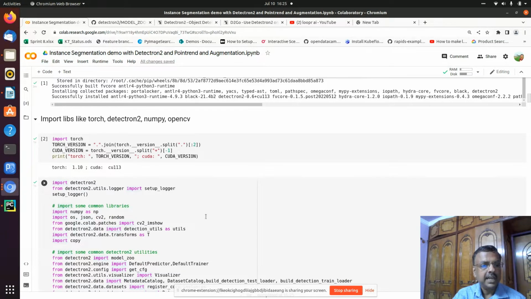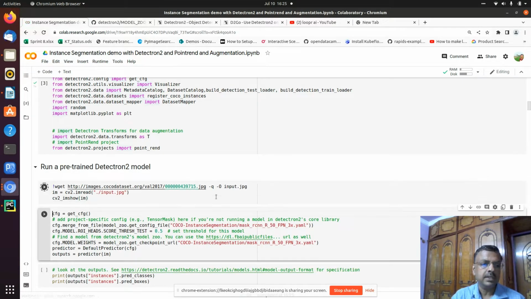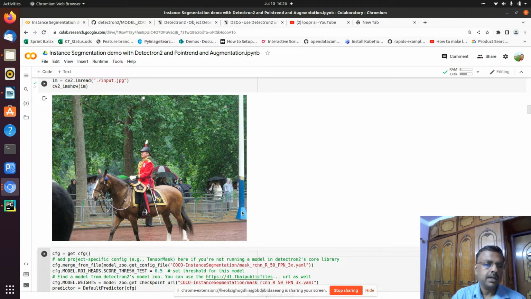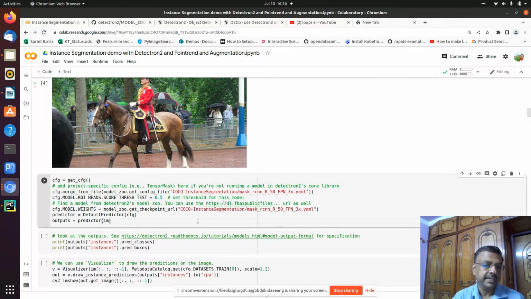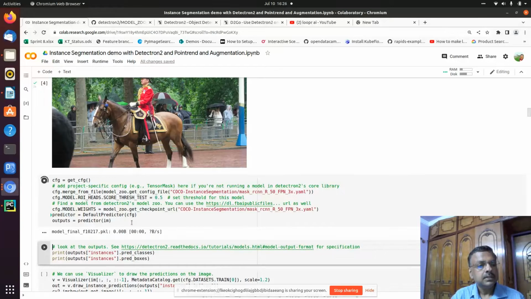So as we can see, once we install Detectron 2 and PyTorch, we have the correct versions in place. We have a GPU, we have CUDA installed properly. To see if everything is working, we can first download an image from the COCO dataset and just run instance segmentation on this image without doing any training, by using the default model which is available in the model zoo. So you can see the code here, just 5-6 lines of code, right? So the model downloads for a few seconds,